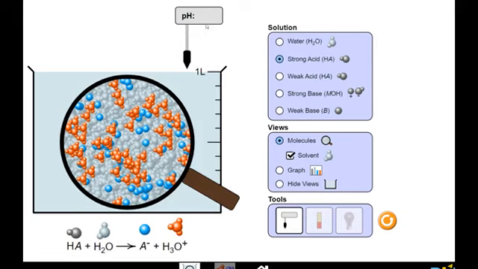So this is a probe, it's an external tool that you can place into solution, and it calculates the concentration of the hydronium ion. So it is able to do the calculations to give us this pH scale,